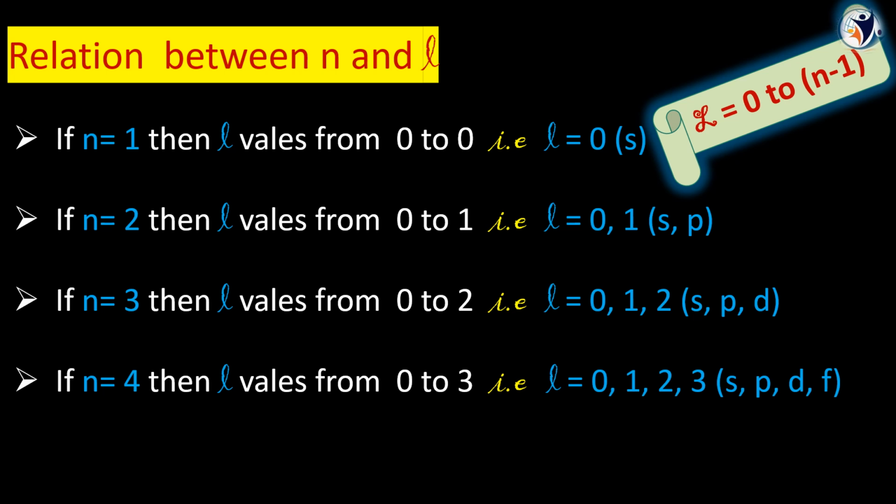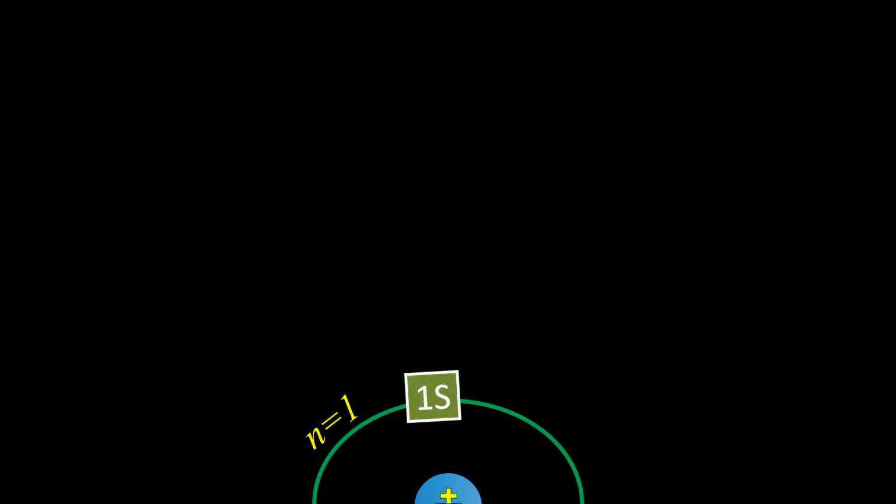How the calculations go on, let us see. See, this is our nucleus. Now this is the first orbit. What is its principal quantum number? n equals 1. That means it has one subshell, called 1s. Are you able to understand, children? Slowly I will tell you, just try to understand very clearly. Here is the first orbit, that's named n equals 1, and n equal to 1 in the sense the main shell number equals the number of subshells. n equals 1, that's why it has only one subshell.